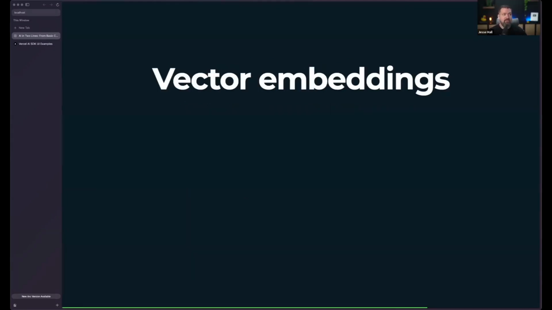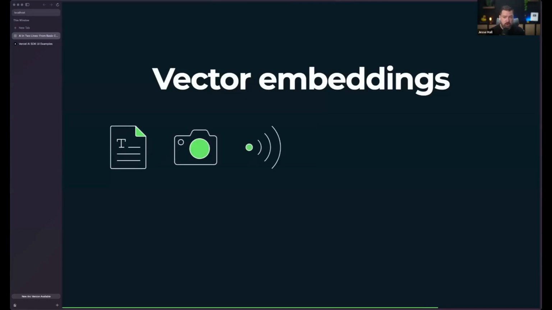So the thing that makes all of this work is vector embeddings. And so, what these can be derived from text, from images, from audio, video, etc. And these are the basis of how we get this extra context. And so when we create vector embeddings from these various sources, they are translated into an array of numbers.